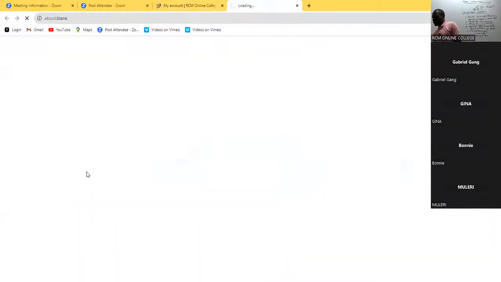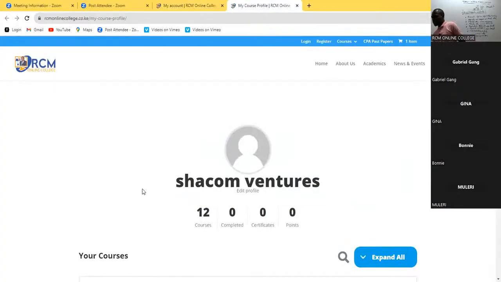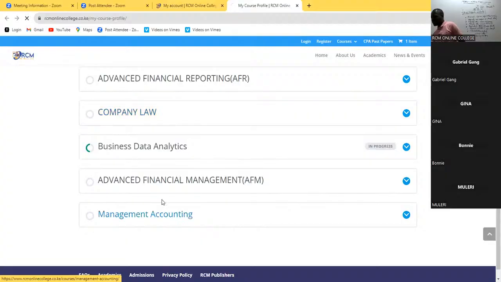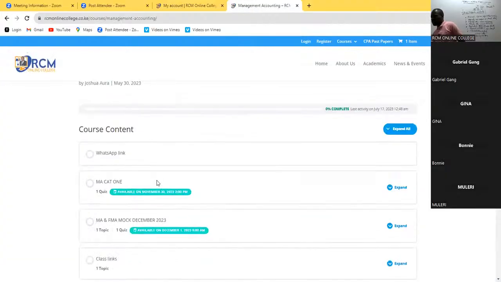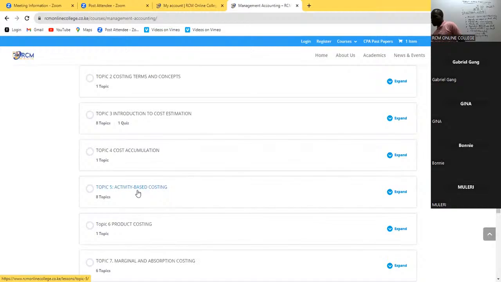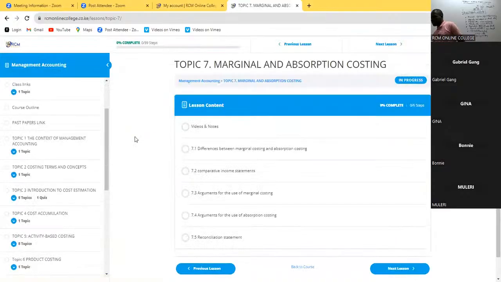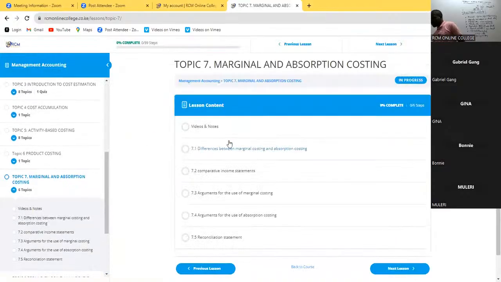I've logged into the platform. So let me get to my courses, under management accounting. We need to move directly to topic number 7. And the first part of topic number 7 is the differences between